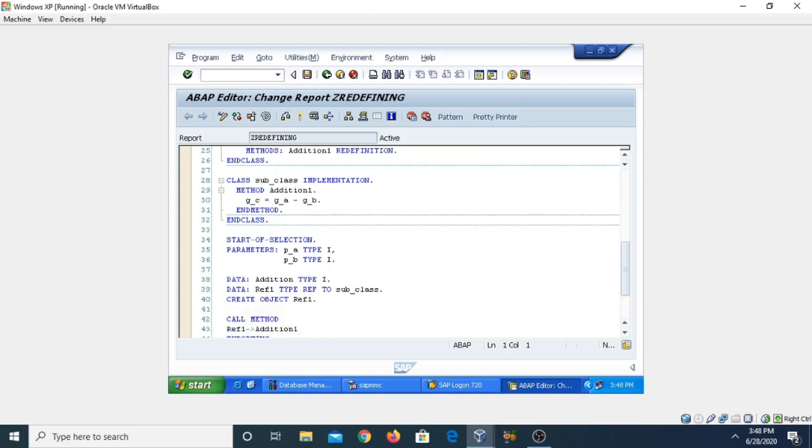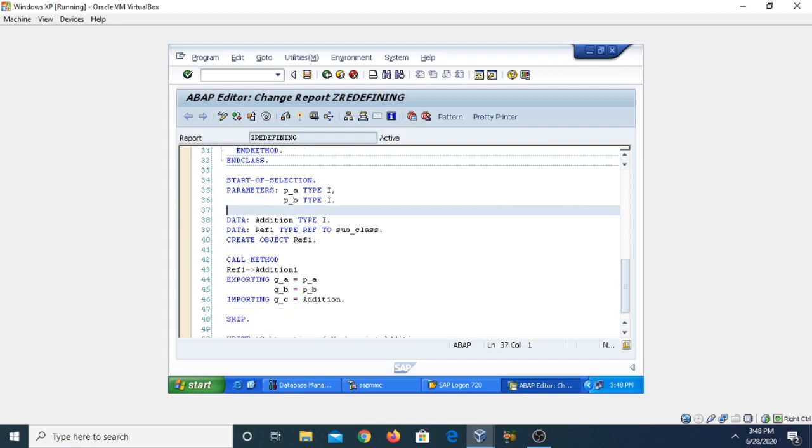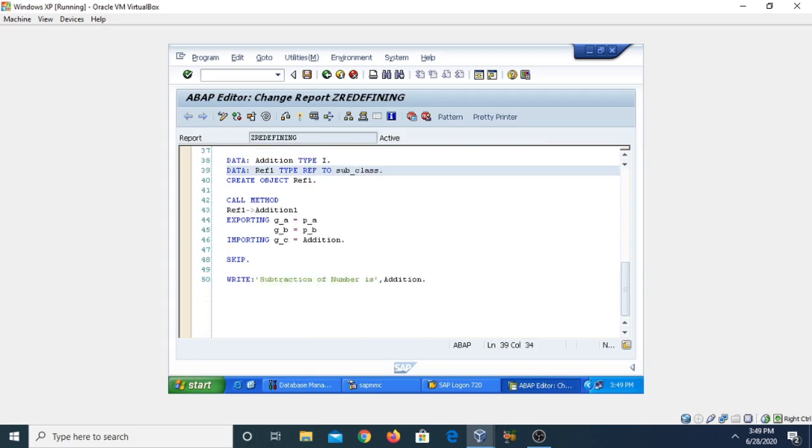Now the main function: start-of-selection, then parameters p_a type i, p_b type i. These are the actual parameters. Now we have created a data object addition type i, and then we are going to call this method with the help of a reference variable. Generally we define the reference variable using data reference1 type ref to class name, then create object, and with the help of this object we call the method: call method reference1->addition1, exporting g_a equal to p_a, g_b equal to p_b.